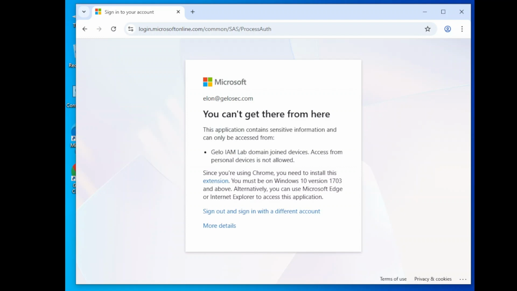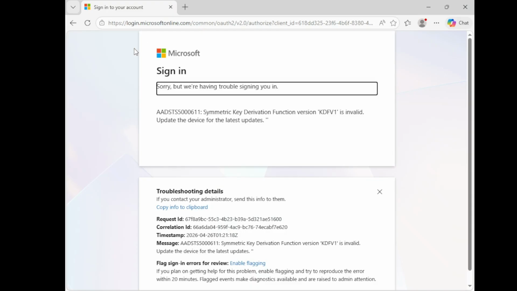Okay, guys, here's the problem. We can't get through to the login of Microsoft 365 admin because it's blocked. I also tried Microsoft Edge, and it says symmetric key derivation function version is invalid. So update the device with the latest updates.